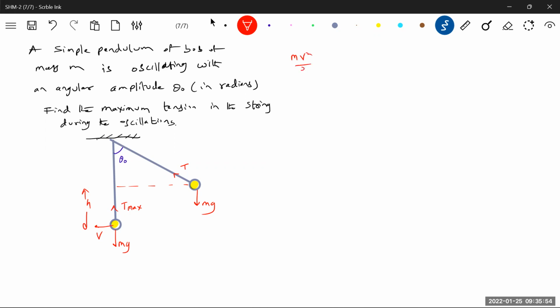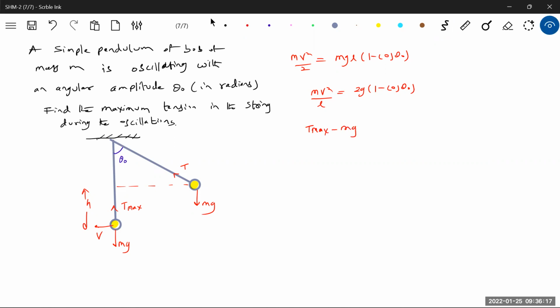Decrease in gravitational potential energy. So mv square by L equals 2g times (1 minus cos theta naught). Then T max